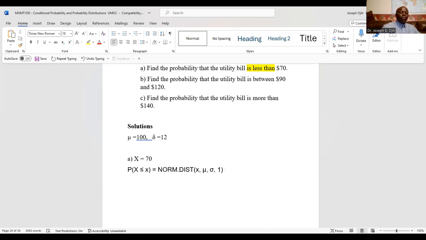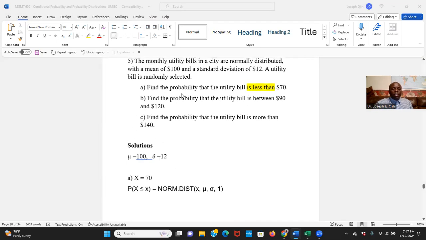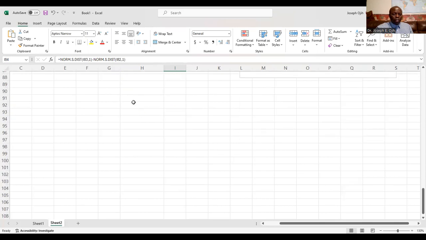So I'm going to put these numbers in Excel. I got a mean of 100 and a standard deviation of 12, and our X is 70, because it says find the probability that the bill is less than $70. So taking you to Excel, we have the mean